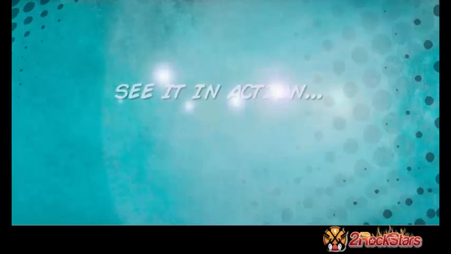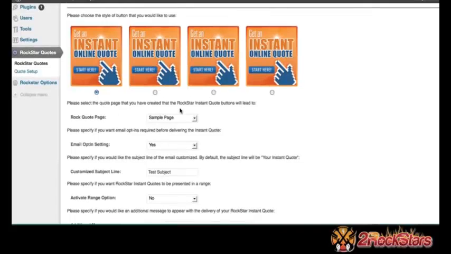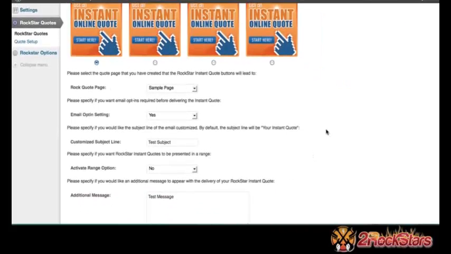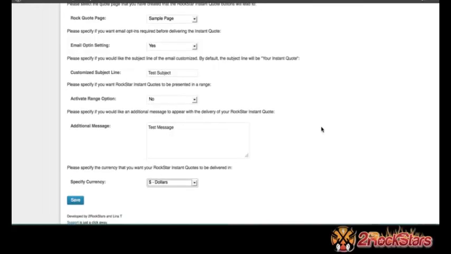Let me show you this thing in action. Check it out. All you need is WordPress. You install it and boom, here it is. Right now we're selecting the orange quote button, as you can see. We have multiple styling options for creating and generating those quote buttons. But look, you select the page, you generate a short code, and you can put in different options here to let it integrate with an autoresponder and force it to collect an opt-in. We have a very clever way of doing that that is not invasive,